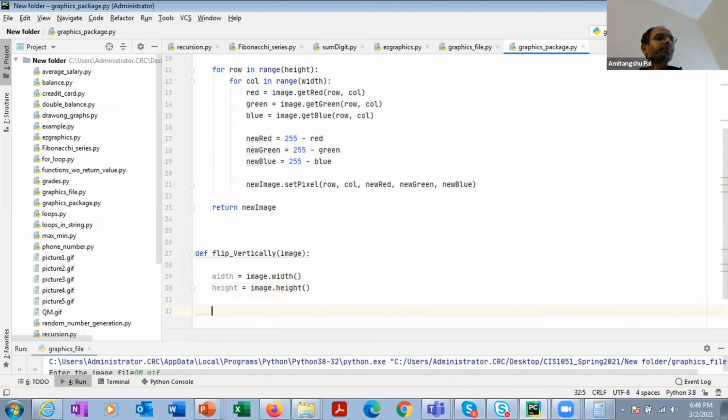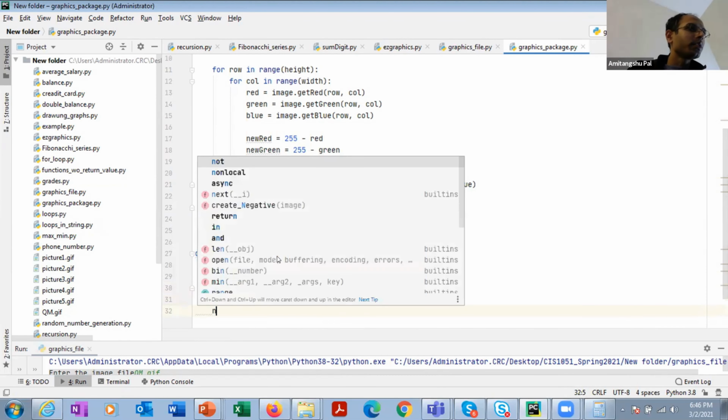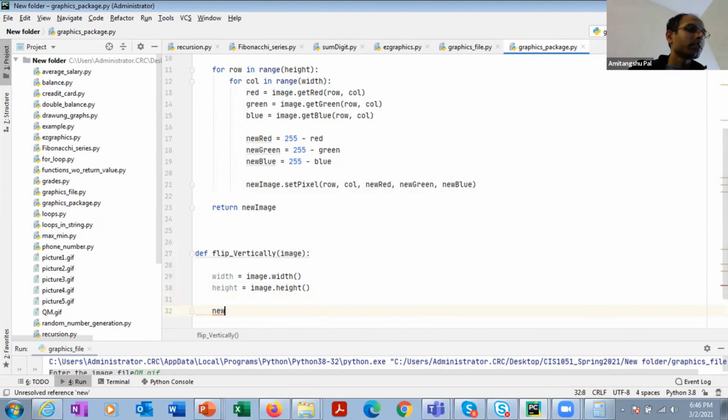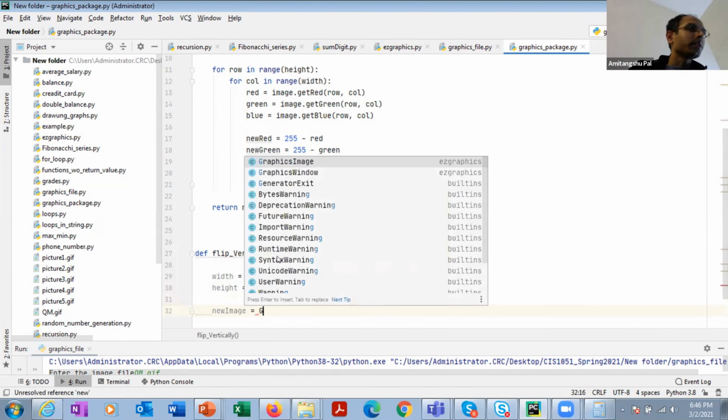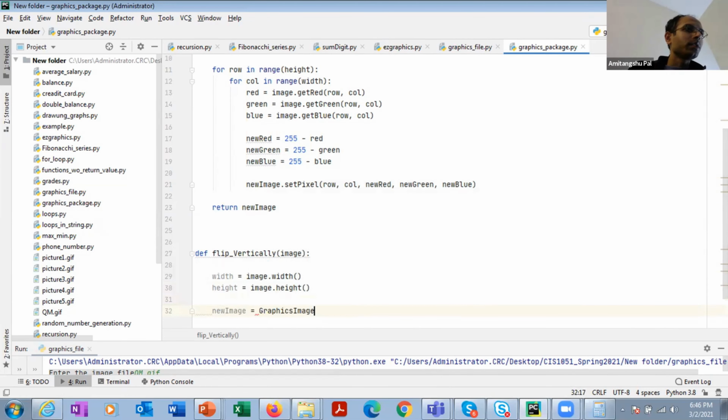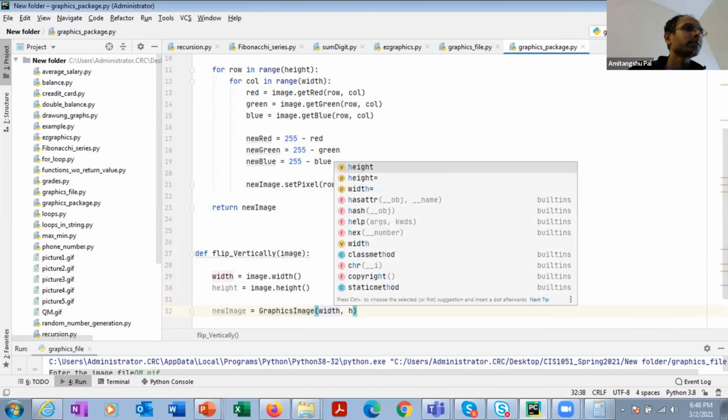Now let's see. So new image equal to graphics image with the same width and height.